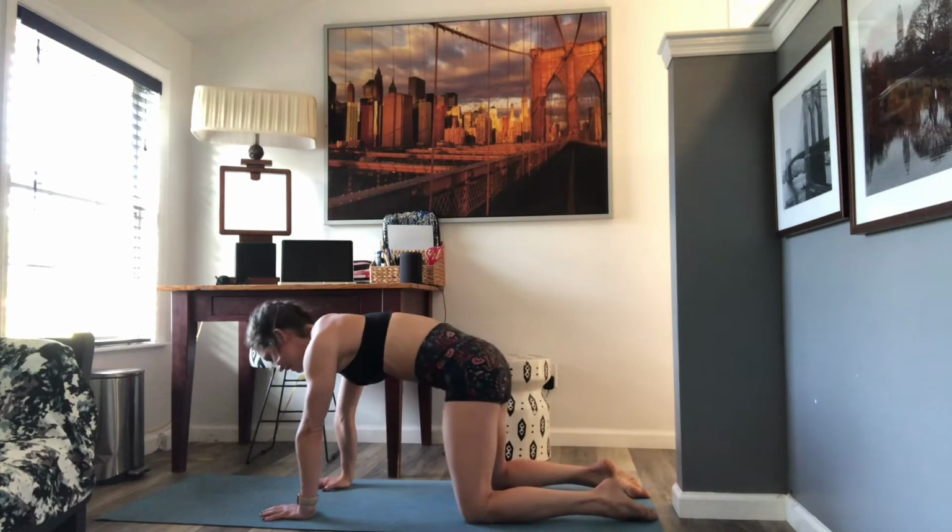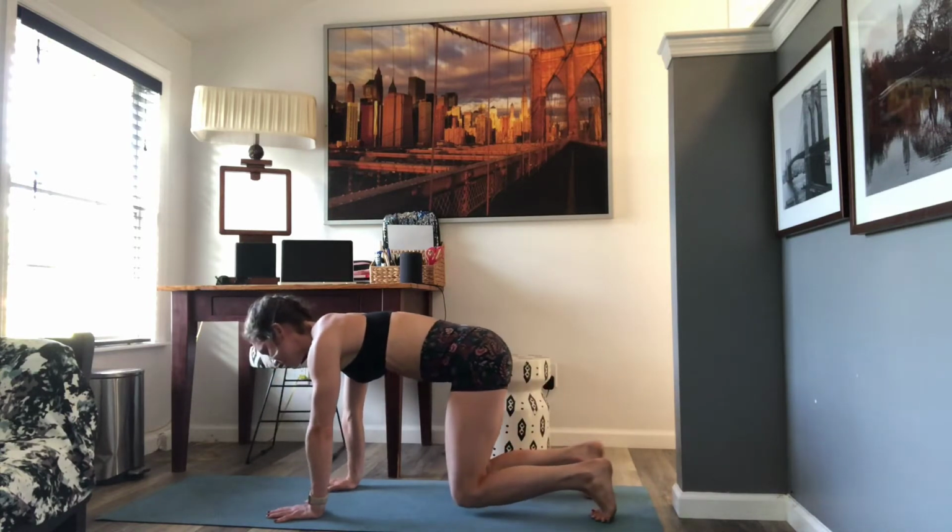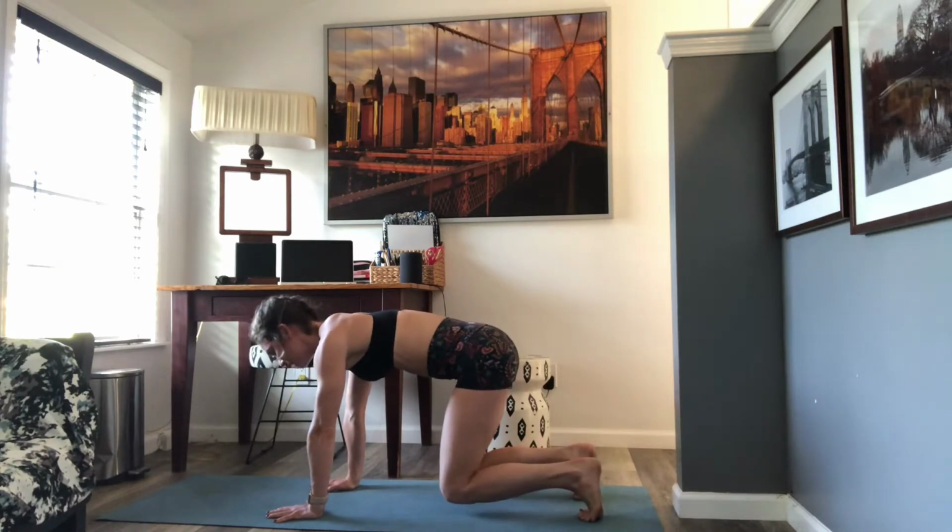From here, planting those hands down, tucking those toes in, and we're gonna hover those knees up off the ground 1 inch. So we're gonna activate that core real quick. Shoulders should be stacked on top of those wrists. The hips on top of those knees are hovering, those quads are fired up, taking a nice deep breath in,